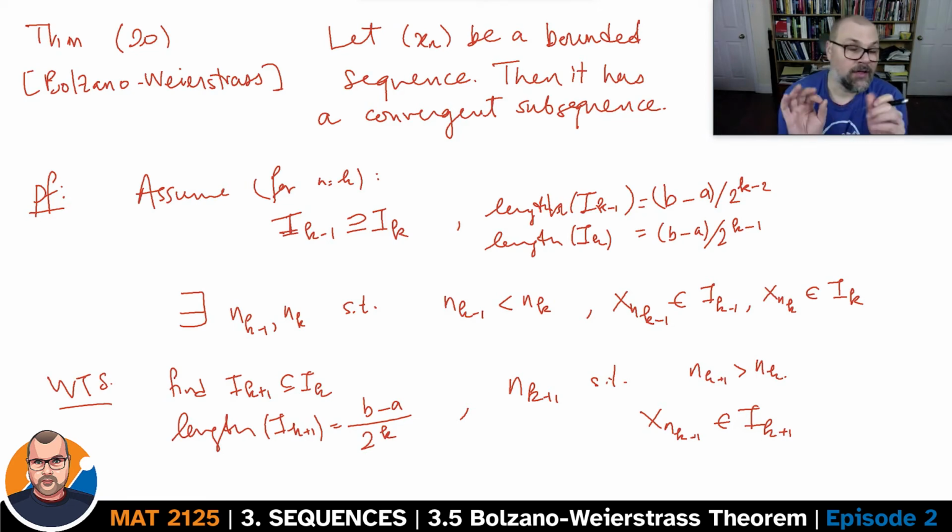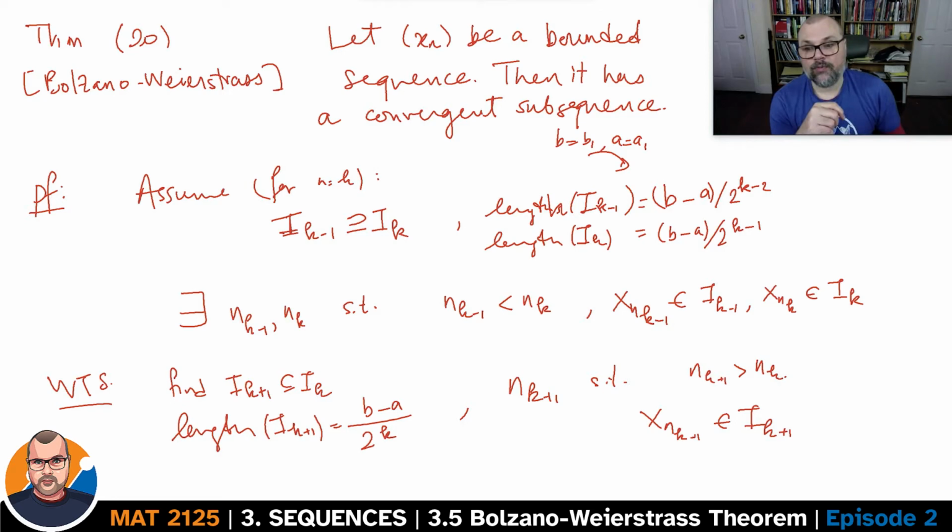I made a little simplification for the writing to make this easier for me not to get lost. What originally I had called B1 and A1, I'm just calling B and A here. So B is B1, A is A1, just to try to minimize the number of indices that I'm carrying, but technically speaking, that is meant to be B1 and A1. So how would we prove then the existence of this interval I_{k+1}? We need to define it. We need to set it.